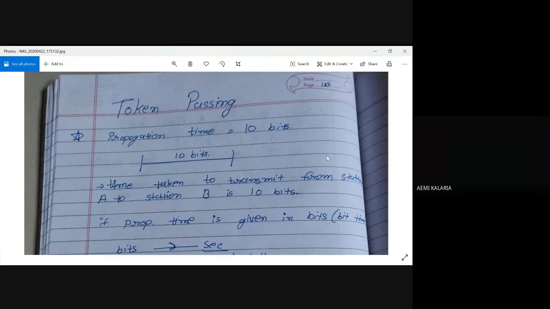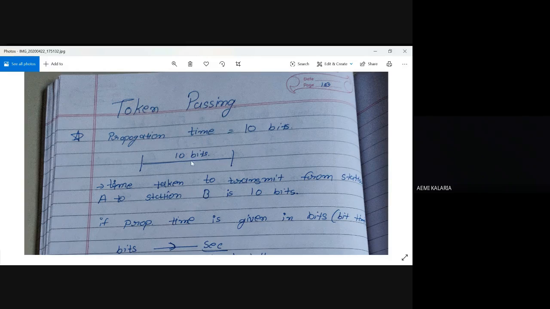Passing. So, as the name suggests, token passing means what? In real life, also, many times we see this token passing. Wherever we want to stand in a queue, maybe some token is there. Let's say if we are going to the post office, then some token is there. We will issue the token and then sit and wait for our time to come, right? In the same way, in a network also, some token is moving on, and through this token passing, you are simply booking your turn, right? So same thing.